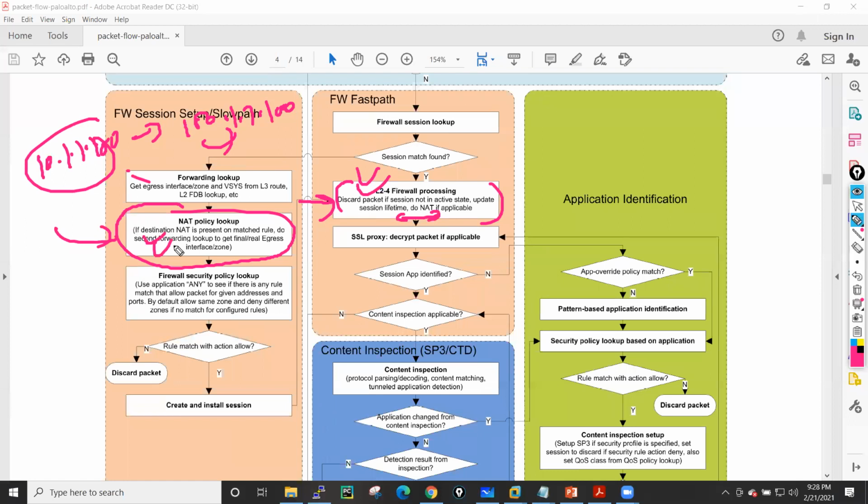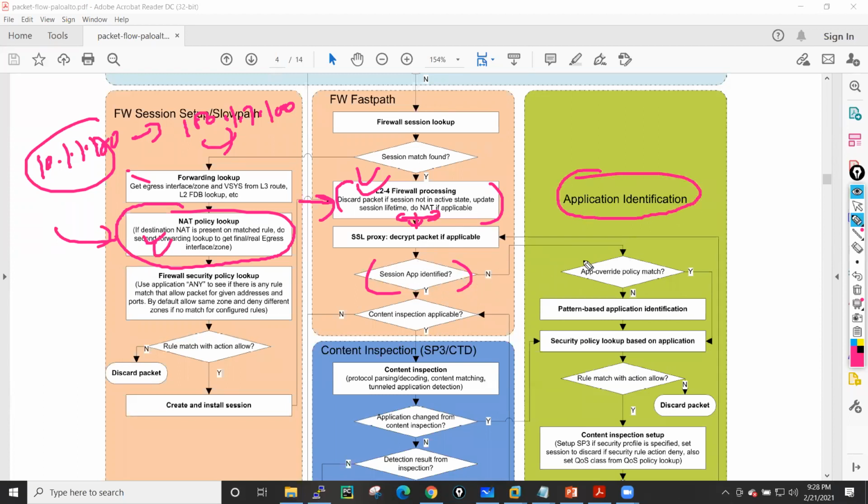Here it only evaluates the NAT rule, and here it applies the NAT rule. After that, it will send the packet for SSL decryption if decryption is applicable, right? And after that, if app identification has already happened, then in that case it will not forward the packet for app identification.